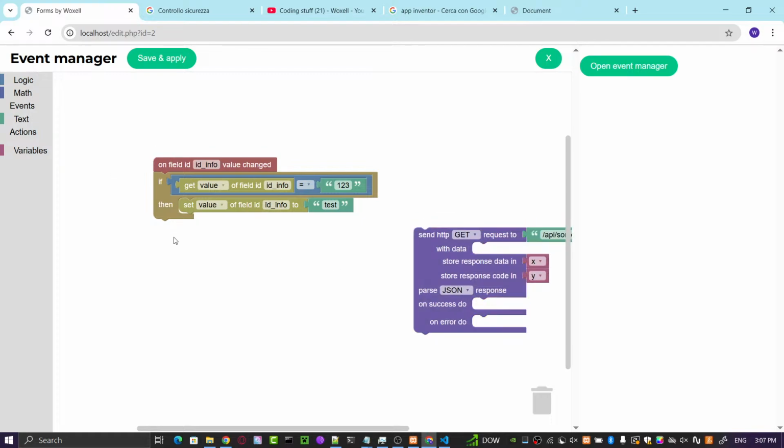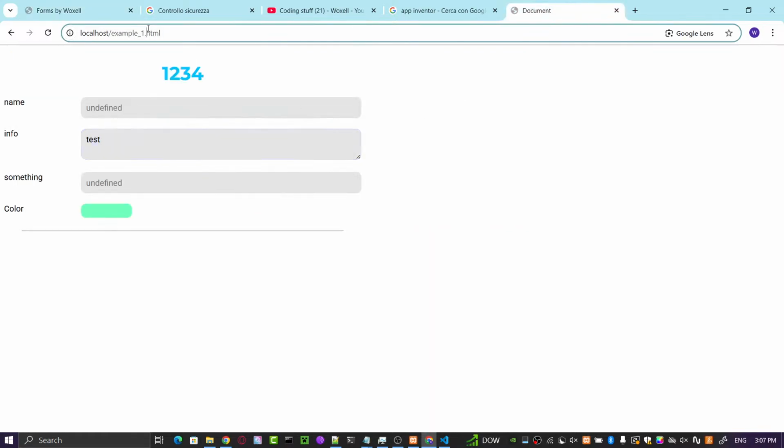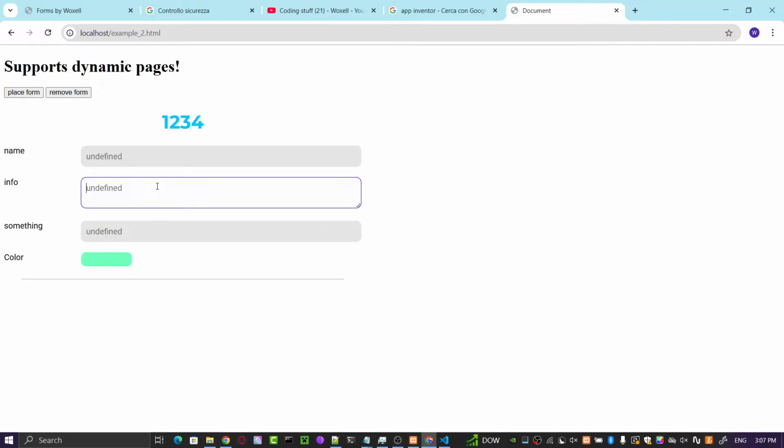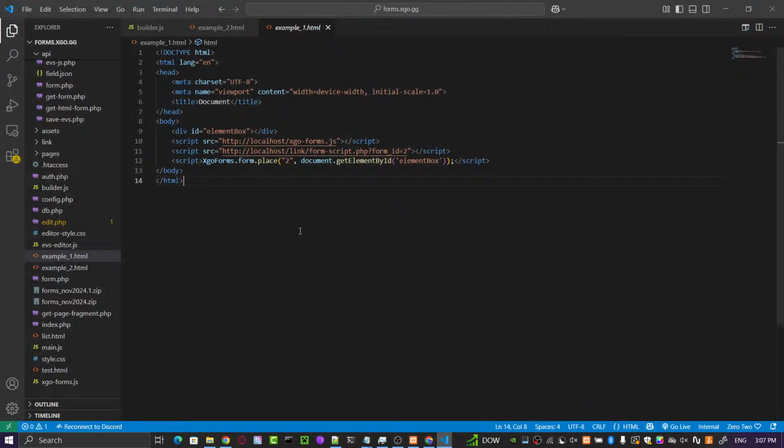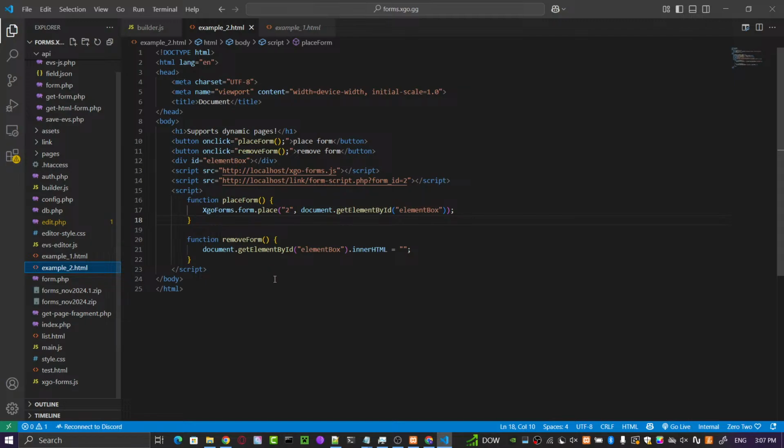And the cool part is you can actually place it dynamically. You can use place form, and it works just fine. You can remove it or replace it just like that. How cool is that? And the script is very simple. I have these two functions, one to place it, one to remove it, and I just implemented this. It's so easy.